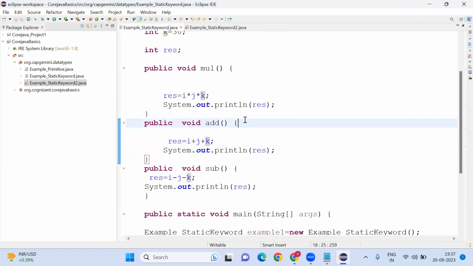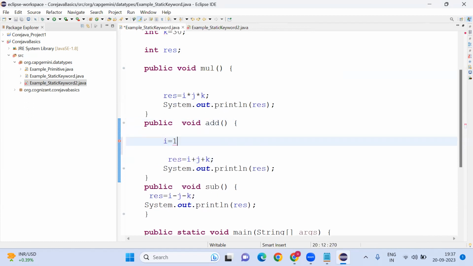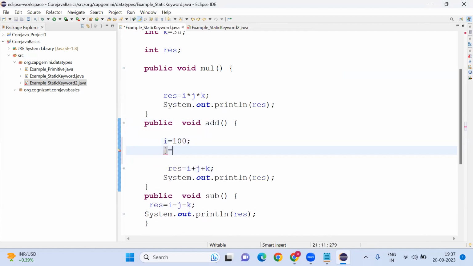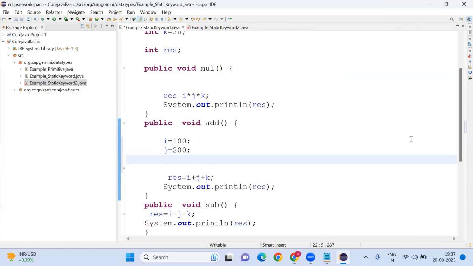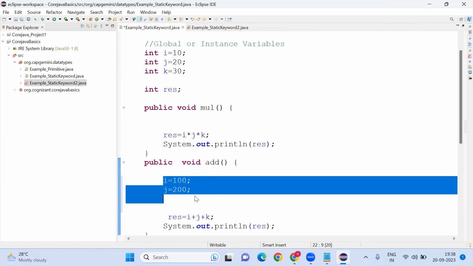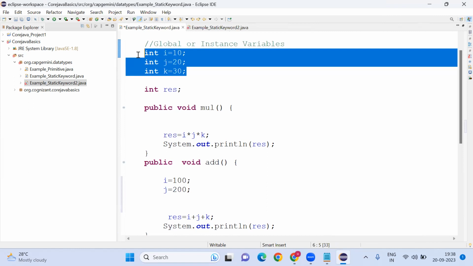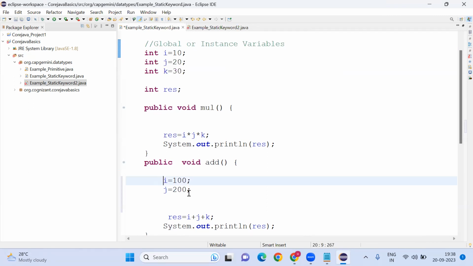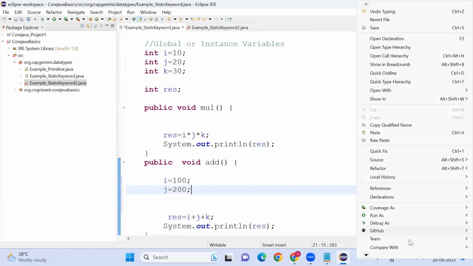Now I am going to change the value. i equal to 100, j equal to 200. If you notice here, earlier we defined 10, 20, but locally, inside this method, I am going to change the value. I don't want to take it from there. Let it be. Already I declared the variables, but I want to give my own values. Now, if you see the output,